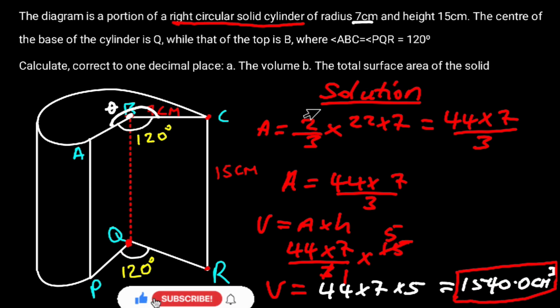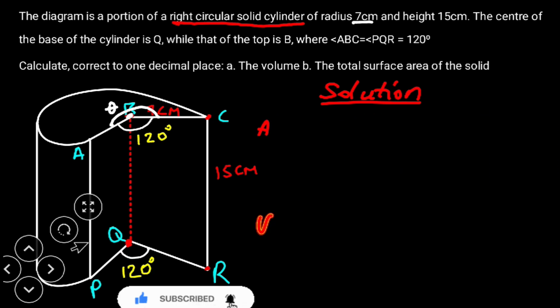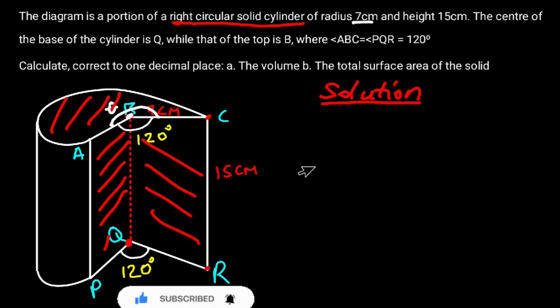Let's solve the second part of the question. The second part says find the total surface area of the solid. Now the total surface area of the solid is the area of this sector plus the area of the bottom part of this sector, then plus the area of the body of this solid, plus the area of these two equal rectangles. Alright, so the area of this top sector, which we have found earlier, but let me just write the formula,